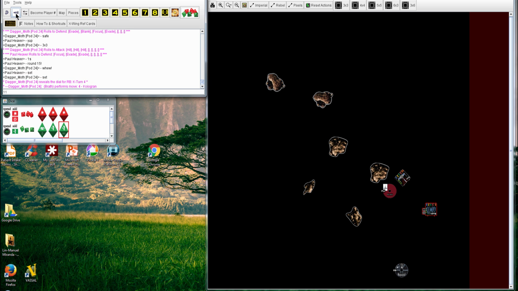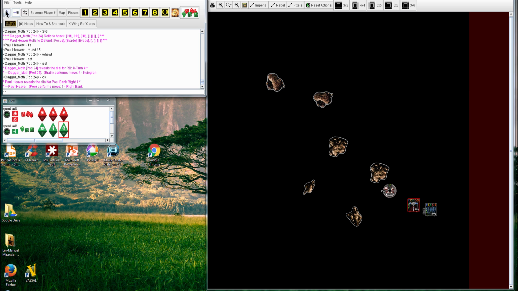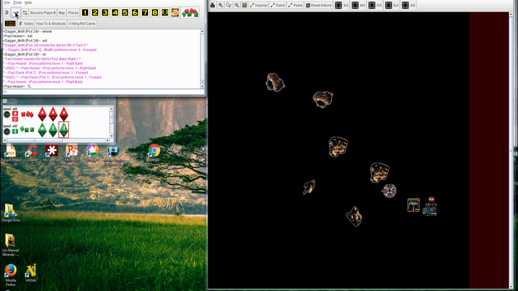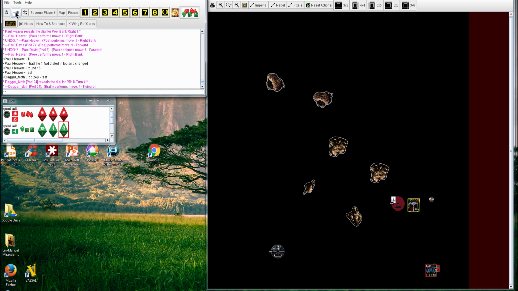And Brath, that's kind of a risky move, I think. Oh, man. So if he could have read the future and just did a 1 forward, that would have been too perfect. But no shots there. And round 16. So only 3 more rounds for Poe to finish Brath off. So what's Brath going to do? He's going to K-turn? Yes, he is. And Poe is just going to... Now let's see if Brath...